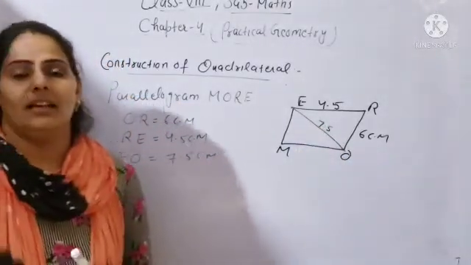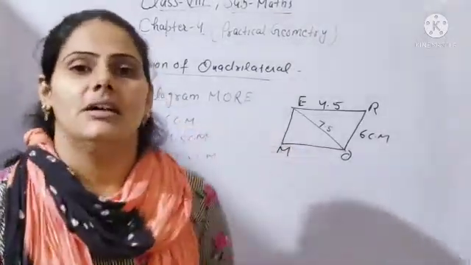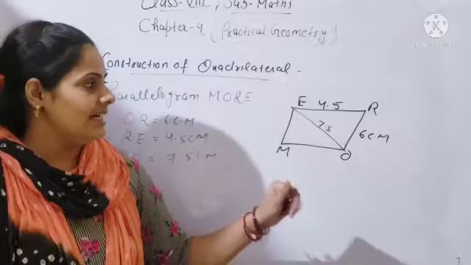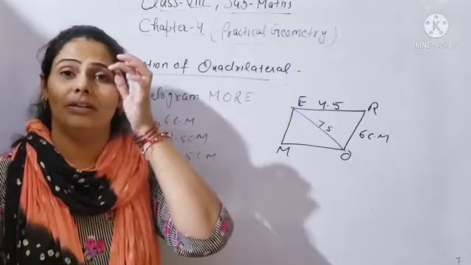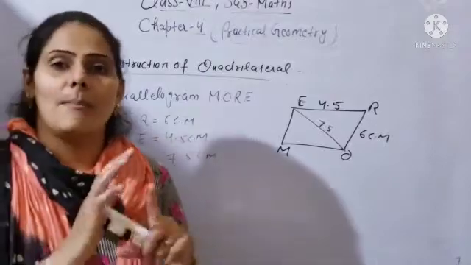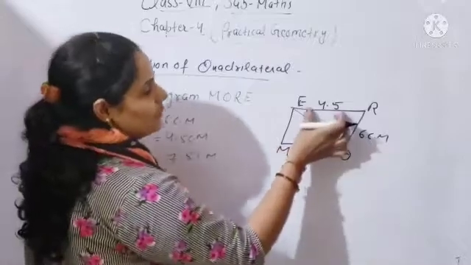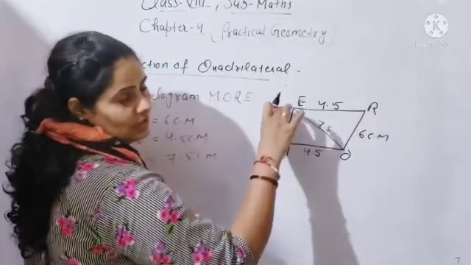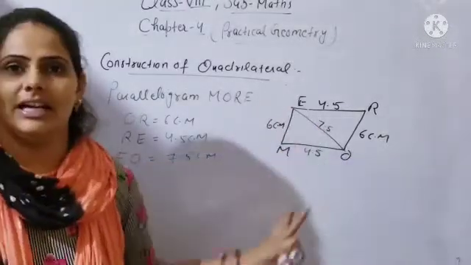Clear? Now you can see, beta, ma'am, here only two sides are given and one diagonal is given. But you were saying that in exercise first 4 sides are given and one diagonal is given, but here only two sides are given and one diagonal is given. So how will we do? So beta, in the parallelogram, what is the definition of parallelogram? Opposite sides are parallel and equal. In the parallelogram, opposite sides will be equal. If this one is 4.5, it means this one will also be 4.5. This one is 6 centimeters, so this is opposite to this. So this one will also be 6 centimeters. Now it's clear. All the four sides are given and one diagonal is given.